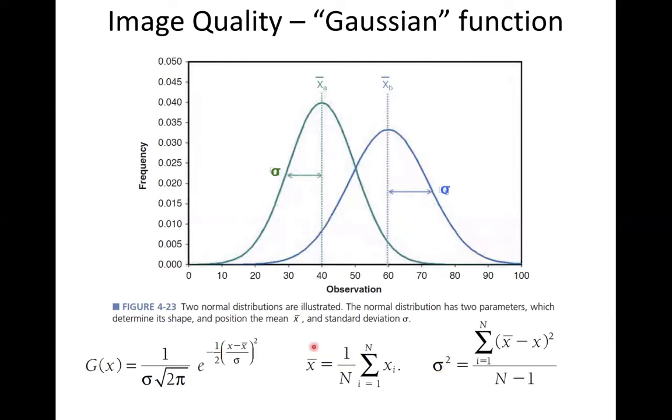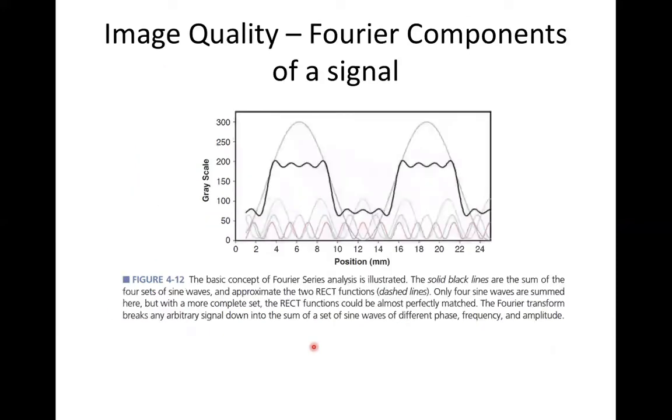Okay, so that was just an aside. You have to know about Gaussian functions. I'll call them normal distributions or Gaussian distributions. Now let's go back to our signal and consider the Fourier components that go towards building our image